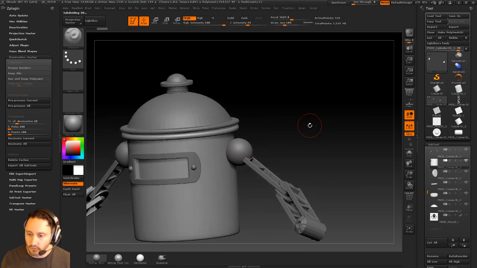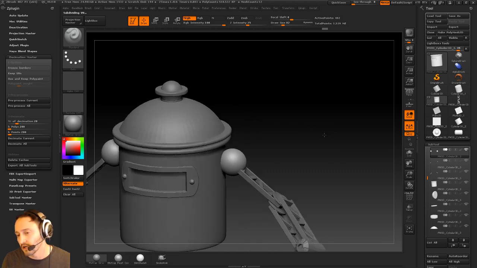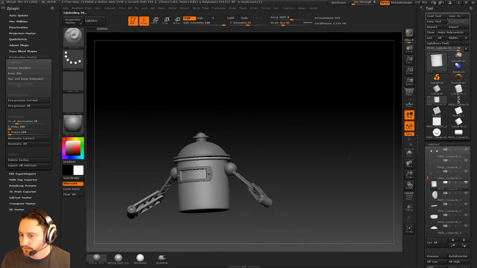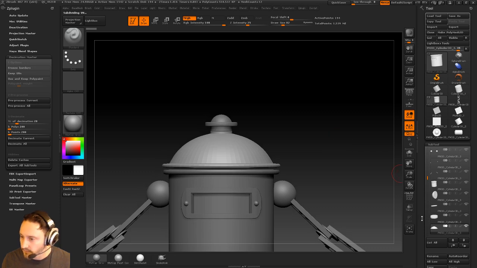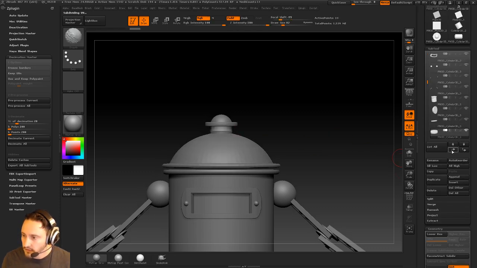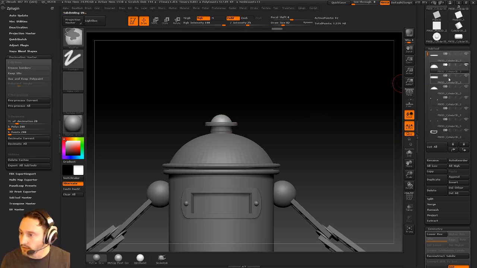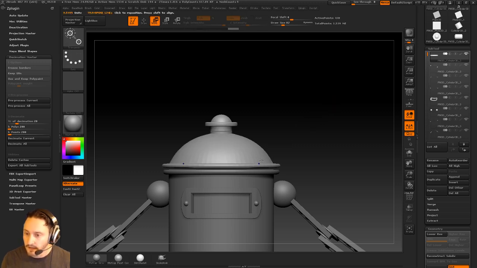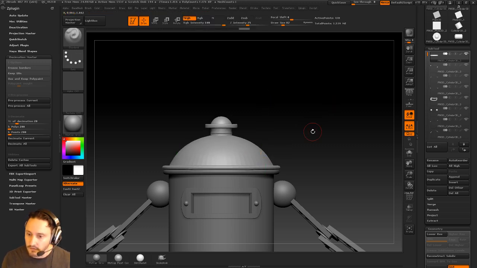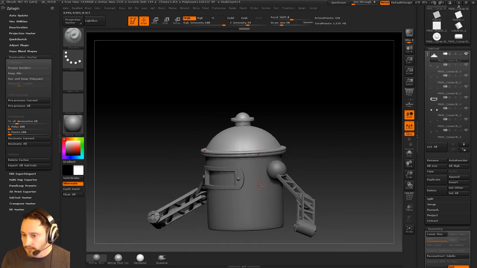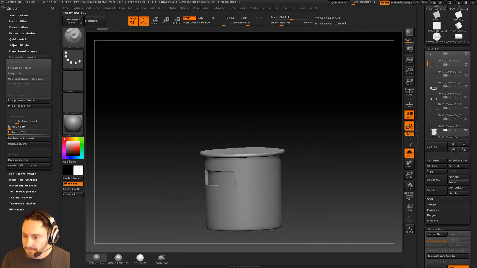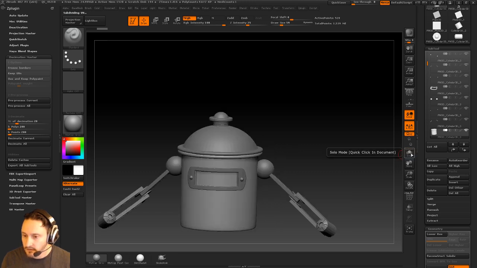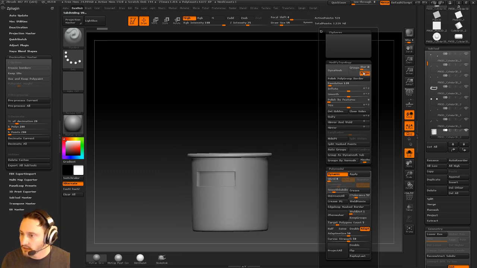We need some sort of way for this to kind of interact with this. So the easy way out, actually let's move all this stuff down. So I'm gonna go Shift up, Shift up, Shift up, Shift up. Temporarily, I'm gonna merge all these together. So Control E, E, E, and now I can move all these down. I'm gonna leave those together for a little bit. Okay, now this thing. How do I want to play this? You know how I want to play this? The easy way. Resolution, quick save,